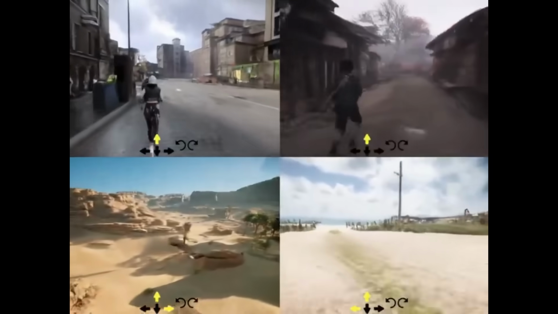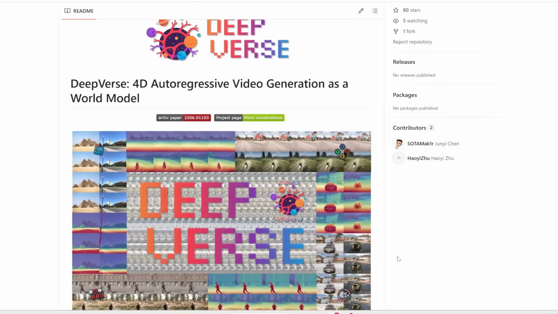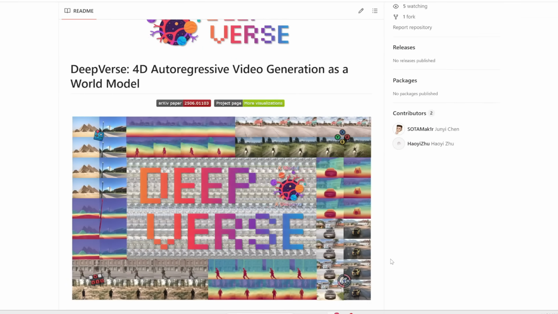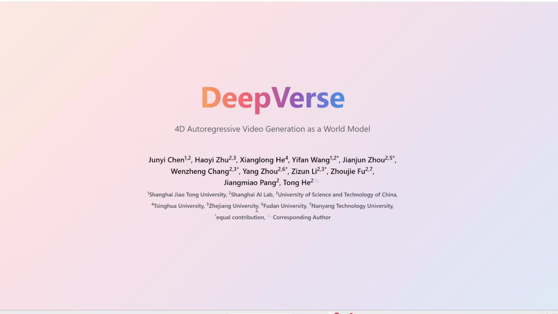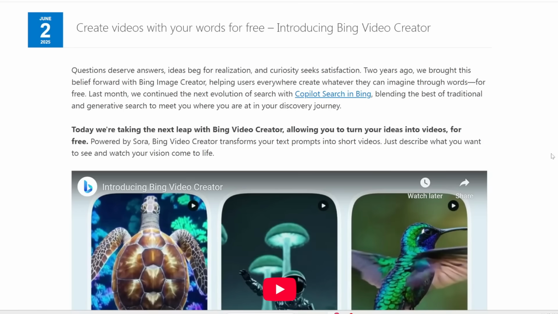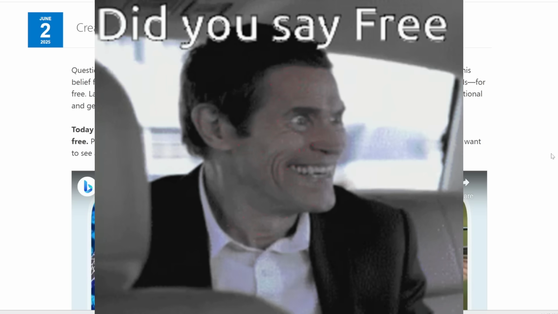So it's pretty cool. Now, if you click on their GitHub, it doesn't look like they've released anything yet, unfortunately, but if you're interested in reading further and checking out more examples, I'll link to this main page in the description below.